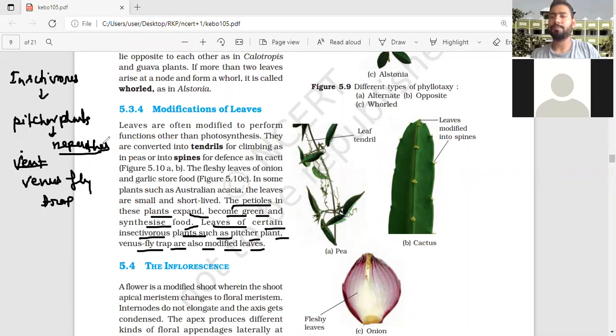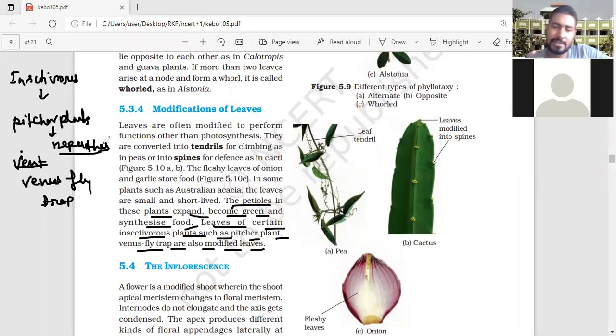Venus flytrap. Does anyone know the common name of Venus flytrap? You will find it; it is your homework. I will ask in the next class. What is the common name? Dionaea, sir. I don't know exactly, so that's why I gave you homework. If I knew, I could tell you, but if I don't know, how can I tell? You are saying Dionaea. I think it is not correct, a little bit. I'm thinking it is not correct.